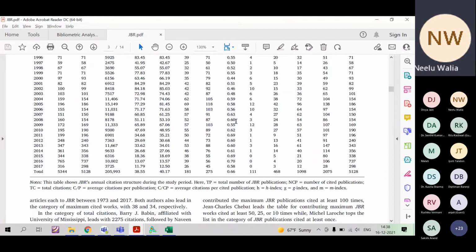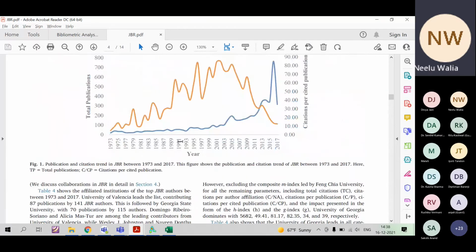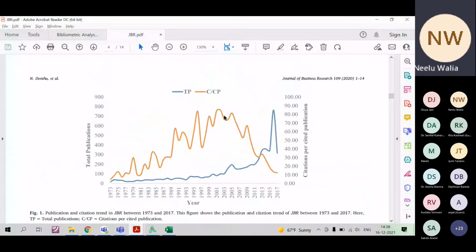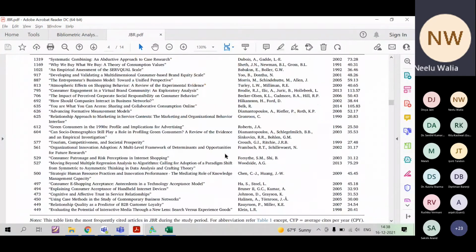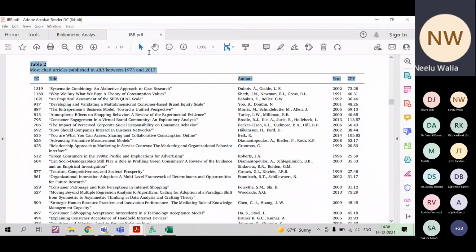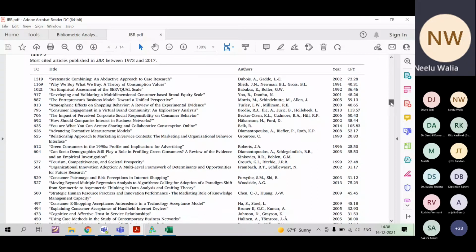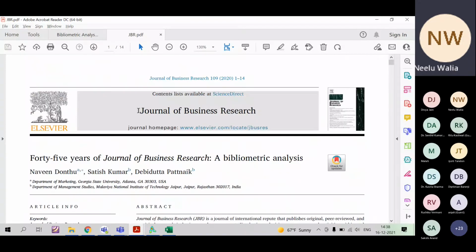You can create this and trend how year-wise total publication and total citation go. You can write about the highest cited paper in this journal, and you can publish in the same journal for which you are conducting bibliometric analysis.